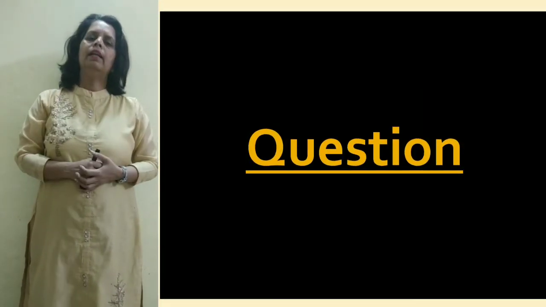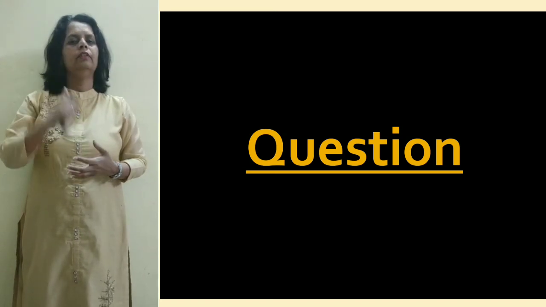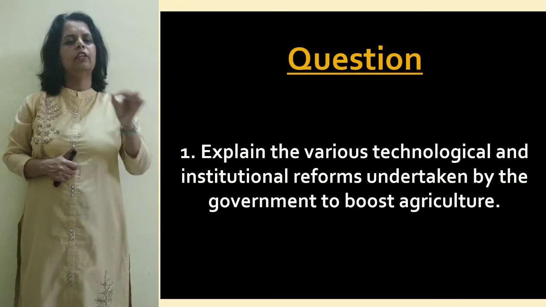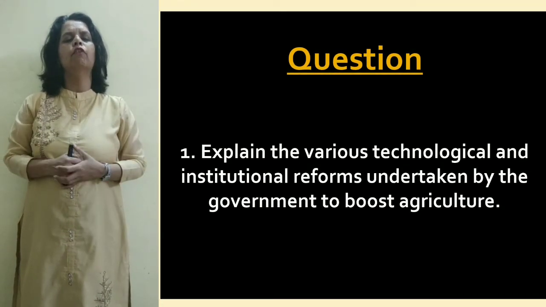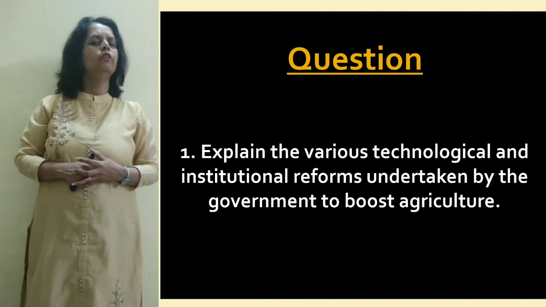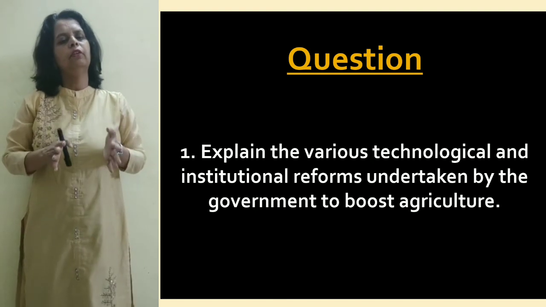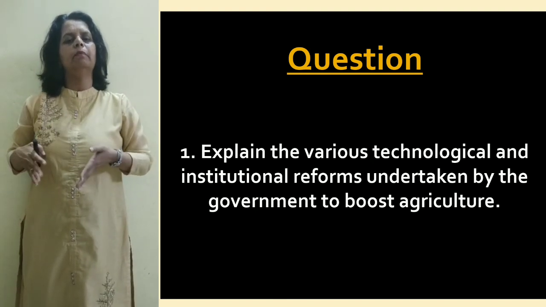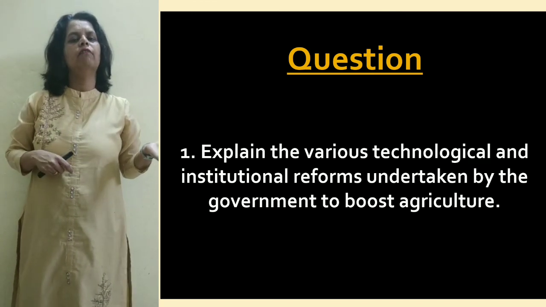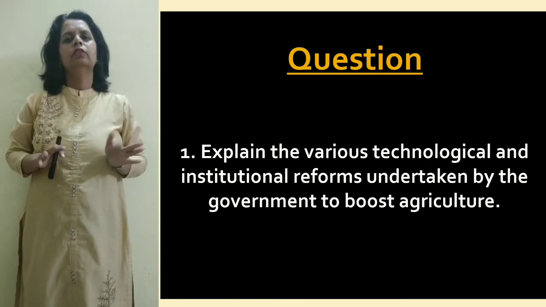Okay, well, that's all in today's lecture. We'll stop here. But before we leave, take down the 5-mark question: what are the various technological and institutional reforms initiated by the government? It is a very important question from the board point of view. A 5-mark question is always there from here. In that case, you need to write all these 10 points; we have discussed more than 10 points. Write technological reforms separately and institutional reforms separately. Is it clear?